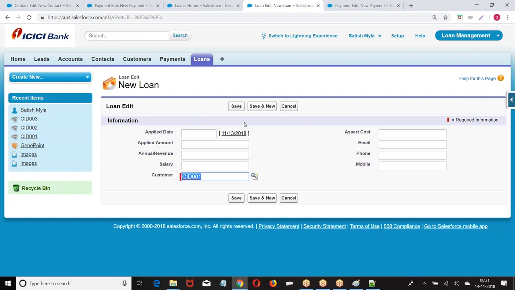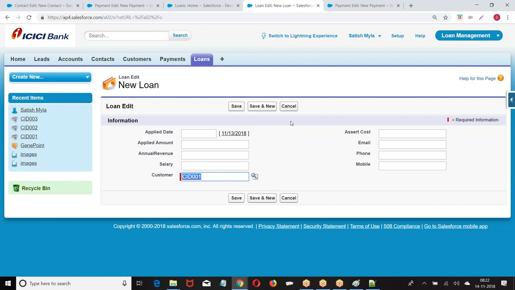Now, when you want parent to control the child, we go for master detail. When you want to create a one-to-many relation where master has to control the child. Now, if I am not there, you should not be there. Whoever is the owner of me, he will be the owner of you. Who can create the child records? If the master wants to control the permissions on the child, then it is a master detail. I hope you're good.